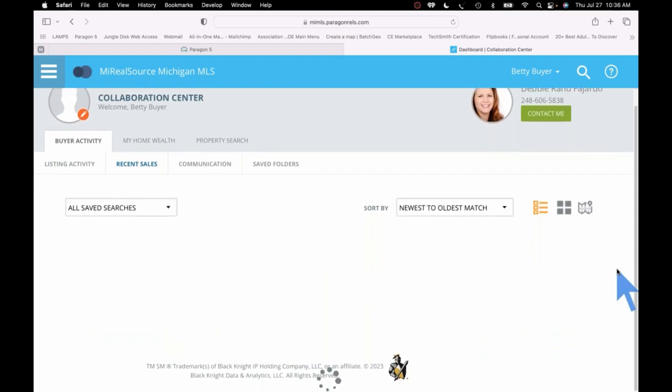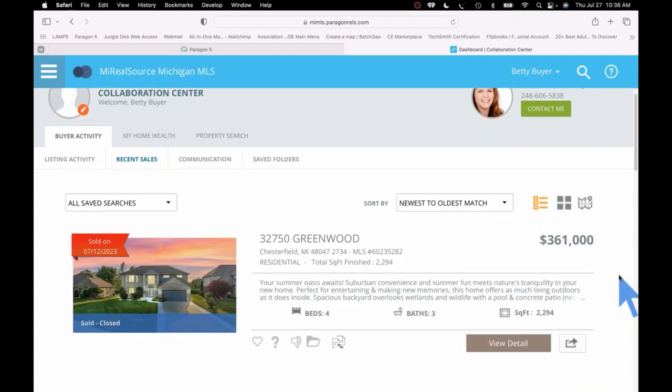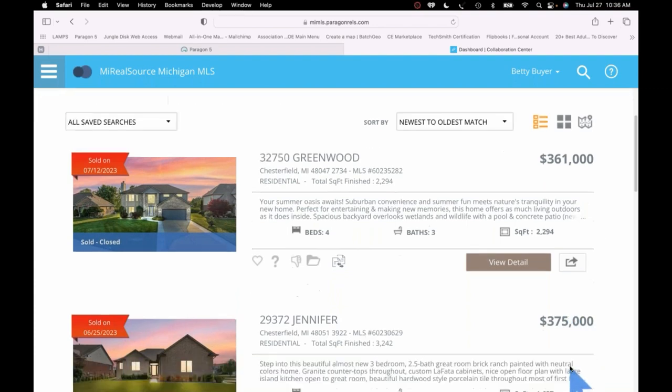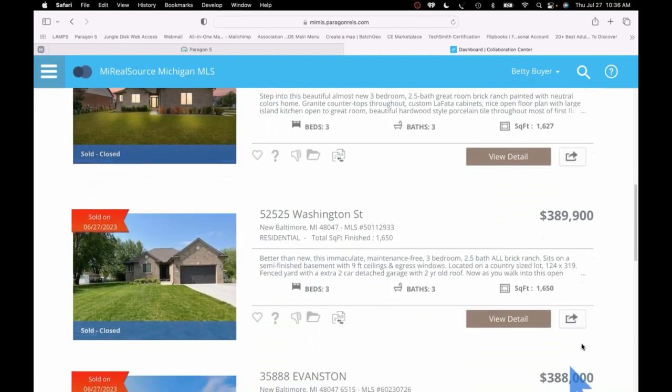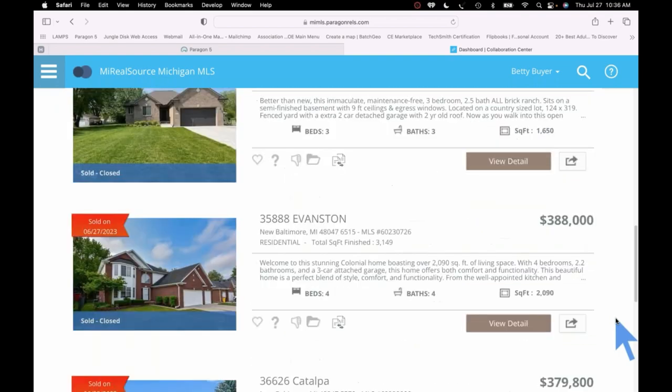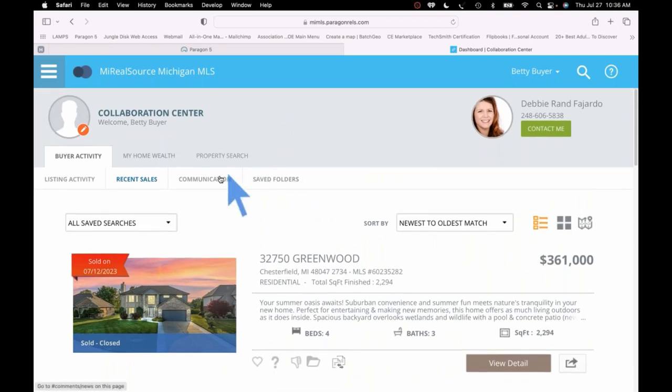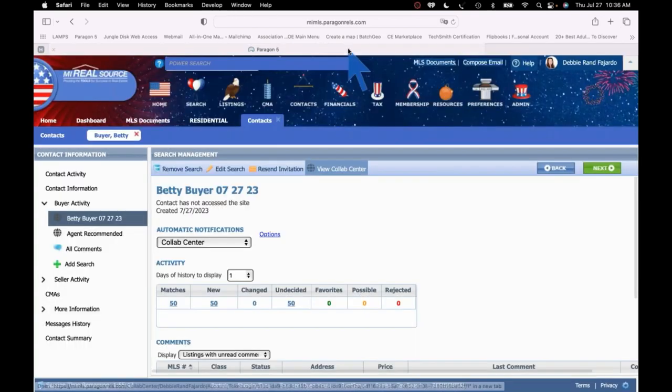If your client wants to be a little bit more informed, this one sold on 7/12, sold for 361. This sold for 375. So they can actually kind of get a clue as to what's going on. Yeah, and that's in the same area that they are searching on. Communications and these saved folders. Very cool. Very, very cool. Let's close that down. Now let's go back to